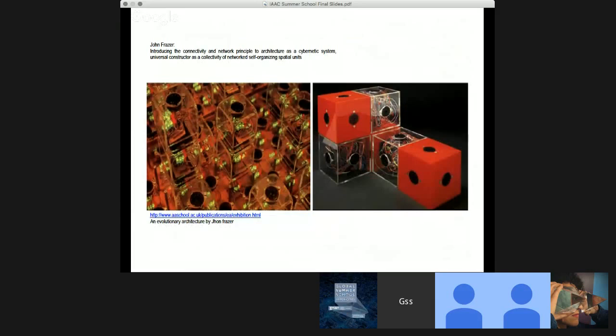Later on, John Frazer, who had collaborated on various projects with Cedric Price, added this important aspect to architectures designed as complete cybernetic systems: the capacity for networked behavior and the transmission of digitally encoded messages amongst a multiplicity of constituting elements.